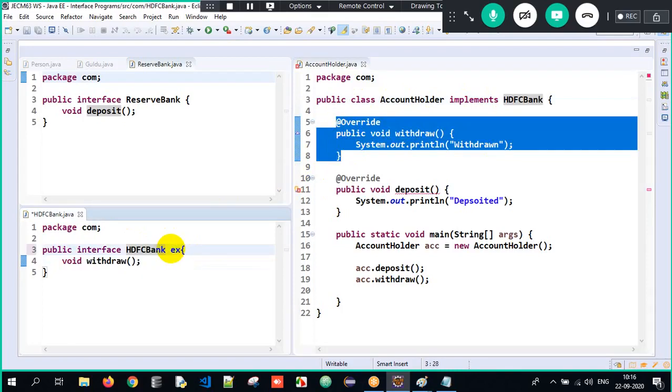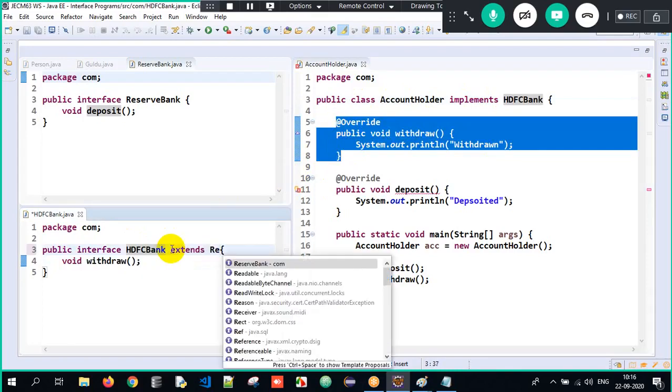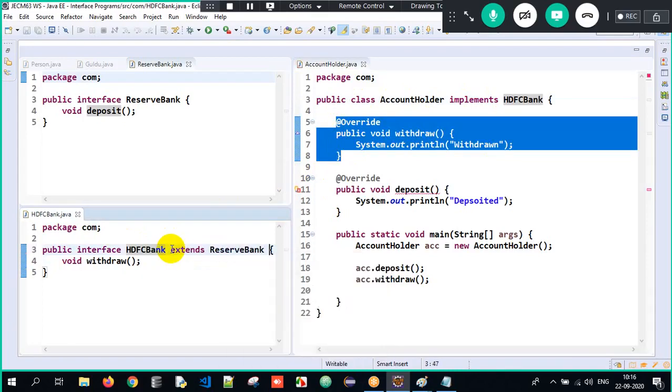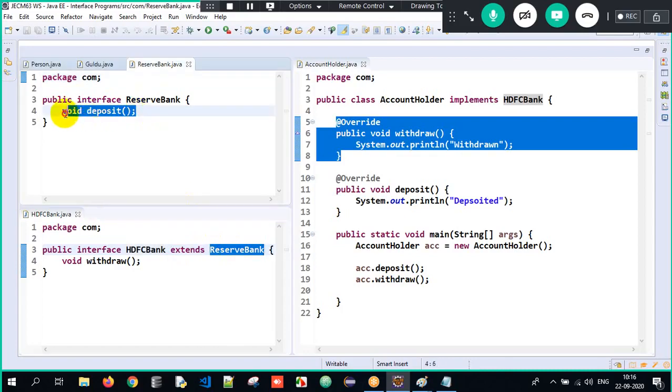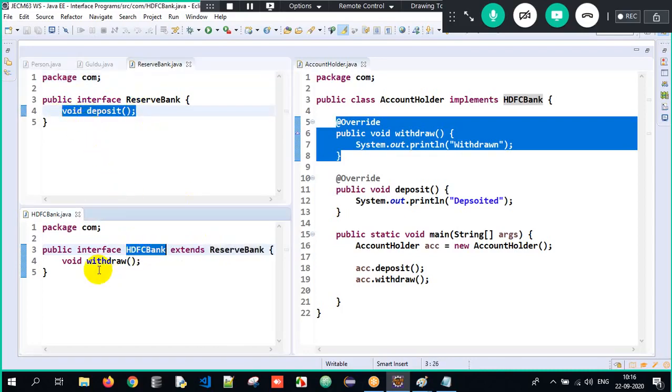Now when I say extends Reserve Bank, what do you mean by extends? What do you mean by inheritance? Acquiring the properties, no? So HDFC Bank extends Reserve Bank, meaning the deposit method from Reserve Bank is inherited into HDFC. That is what I told; this is probably the third time I'm telling. So HDFC Bank has two methods: the deposit method, which is implicitly inherited, and the withdraw method, which is explicitly defined.